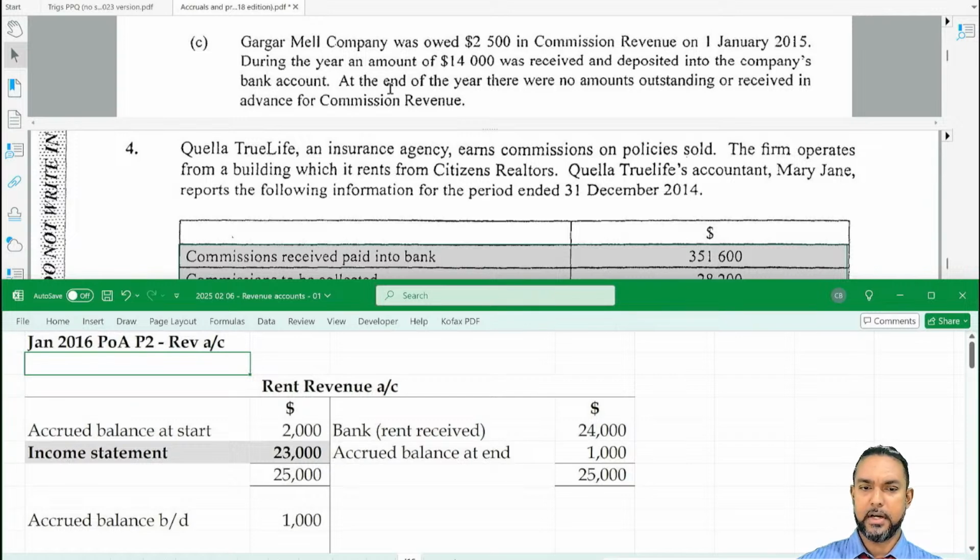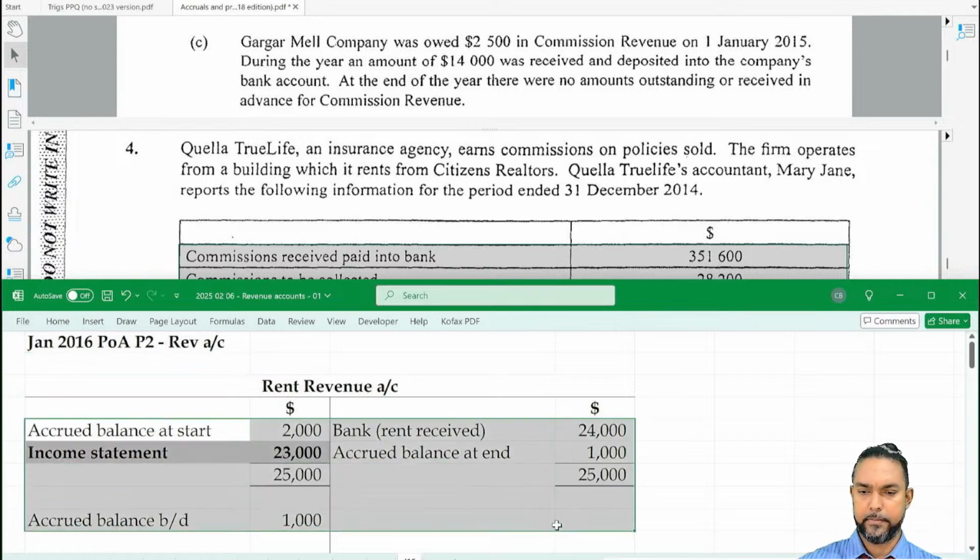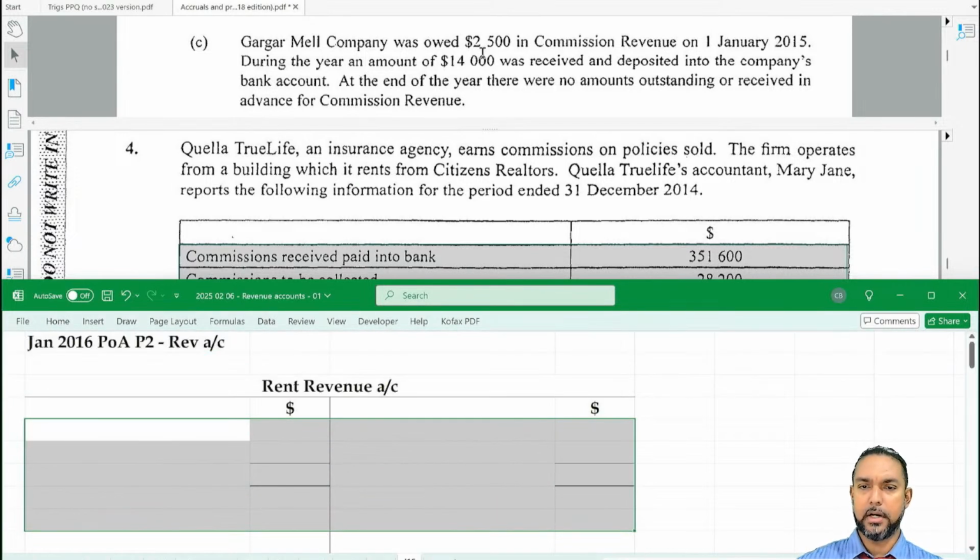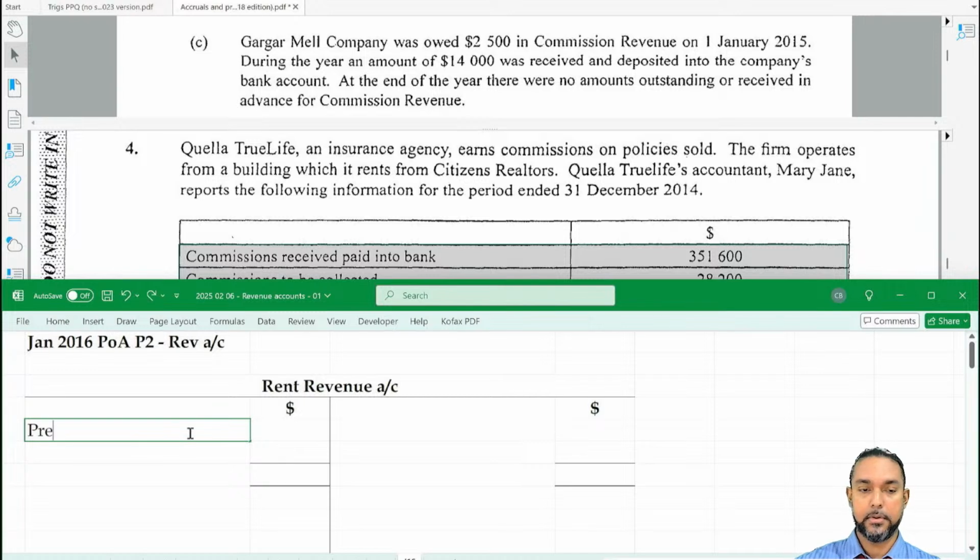Right, so that's Gargamel. So let's take out this stuff here. Gargamel was owed 2,500 in commission revenue at the start of the year. So if Gargamel is owed and we are Gargamel, that's an asset to us. So that's going to be brought down on the debit side. Accrued balance brought down, or balance at start,